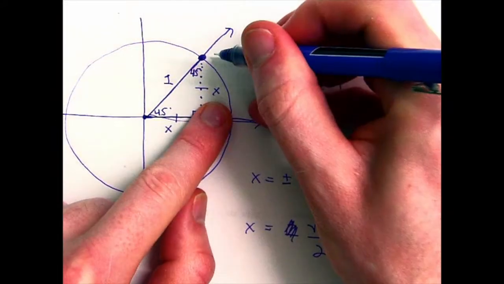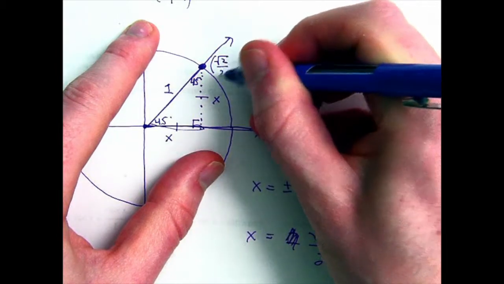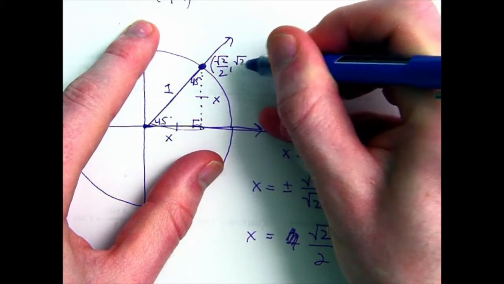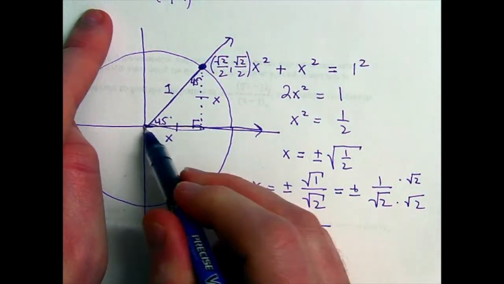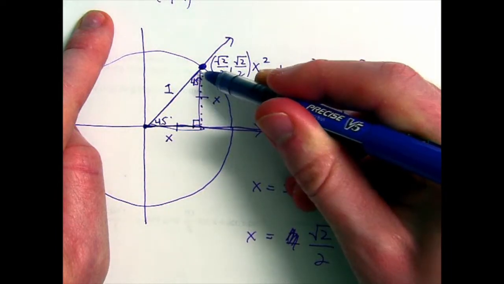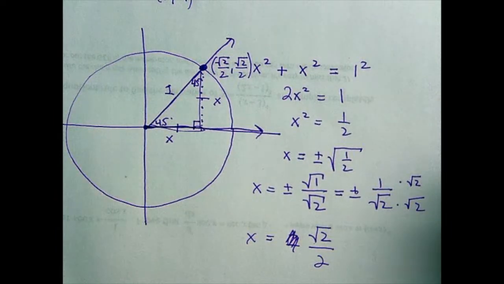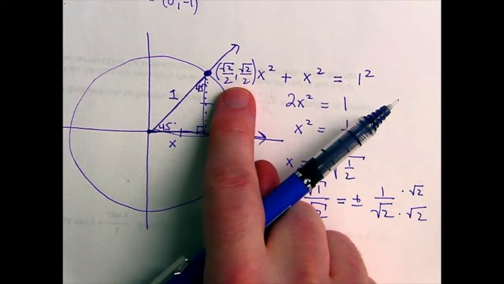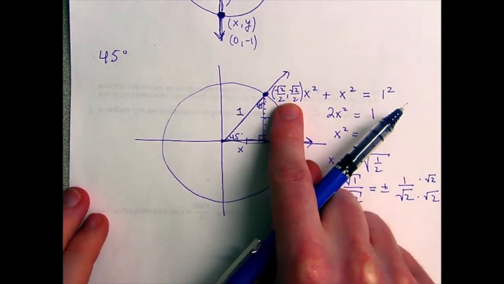If you think about it, that means that the coordinates of this point here are both root 2 over 2. Both the x and the y coordinates are root 2 over 2 because this distance here is really going to give you your x coordinate, and then this distance here is really going to give you your y coordinate, and both of those distances are root 2 over 2. So that's the coordinates of the intersection point for 45 degrees,